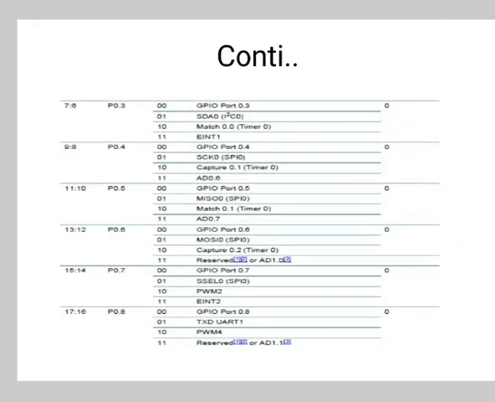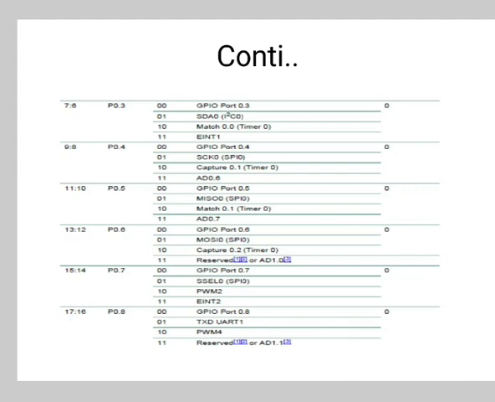Similarly, there are different functions for these different values.